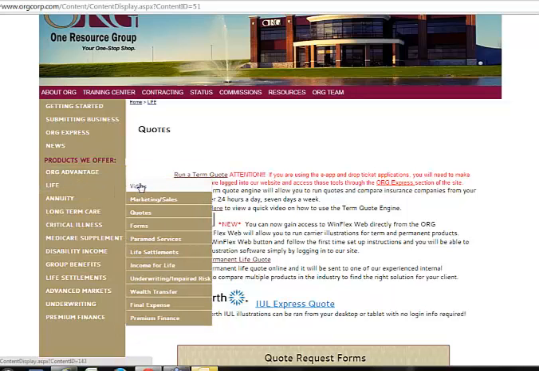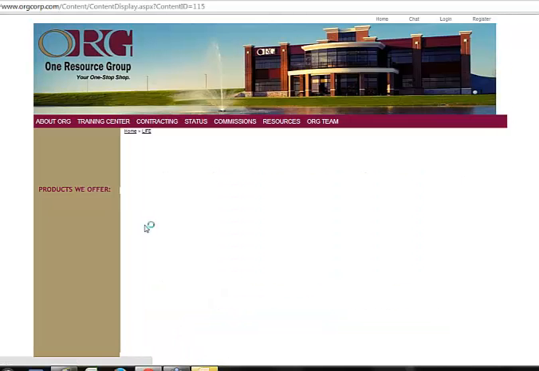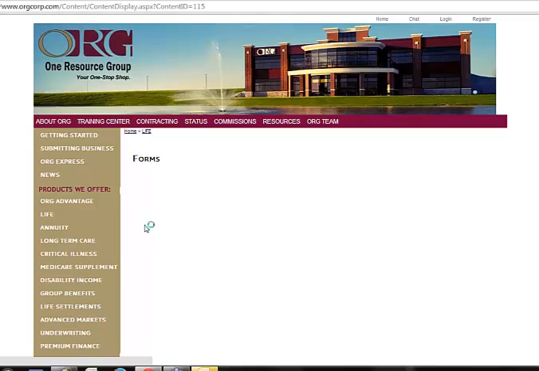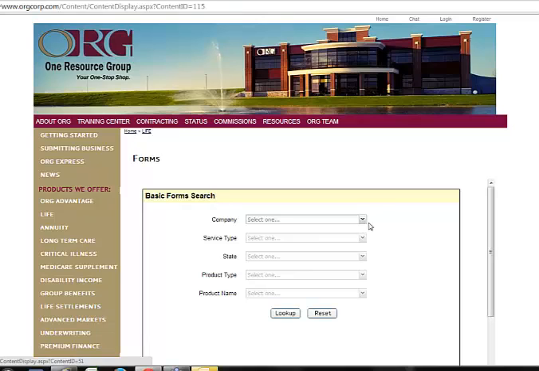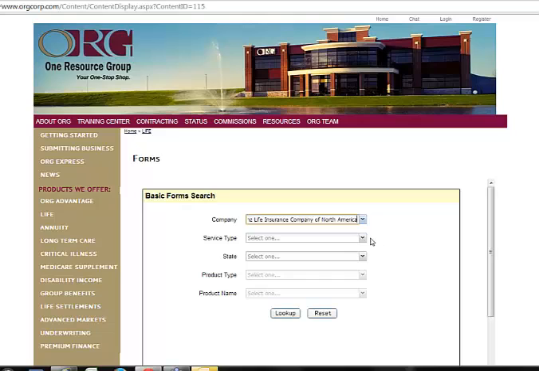Let's look at life insurance applications. So let's say you've got your quotes on and you want to get the application. Well, ORG is more than happy to email you applications, but another thing you can do is just come online here and go into Life Forms, and it brings up a screen that will allow you to essentially pick whatever carrier you want and whatever form you want. So here we can pick an insurance company. I'll use Allianz again, and it'll allow you to pull up